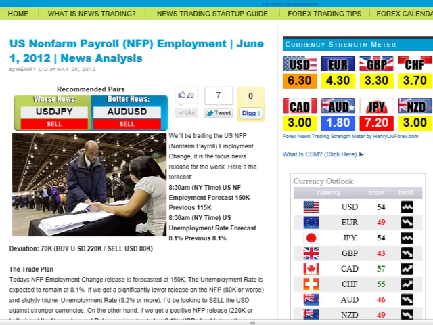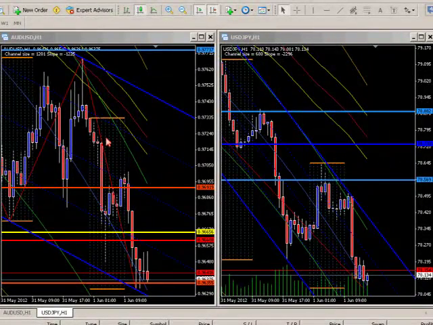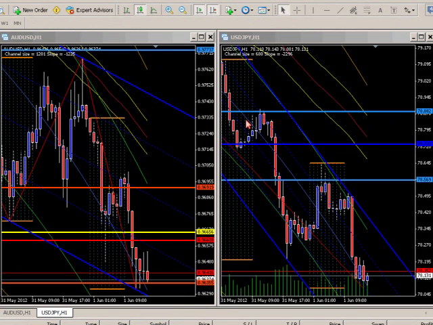And right now, we should be getting this release in a little bit over a minute. And according to the analysis, we're looking either at the dollar yen or the Aussie dollar to trade. We're seeing the Australian dollar, of course, is being extremely weak. And the Japanese yen has been strengthening from yesterday to today. And we're seeing, of course, Japanese yen strengthening across the board on further risk aversion concerns. So we'll be looking at these two pairs, and of course we can also look at the euro dollar.